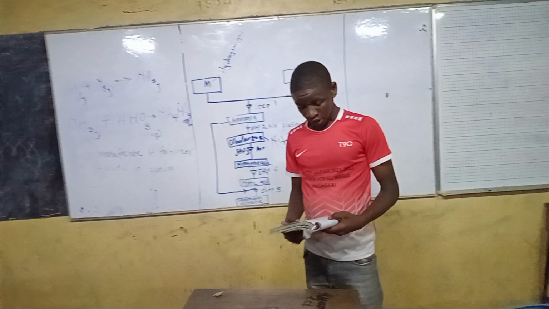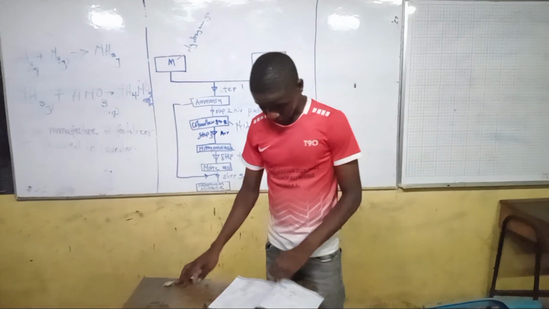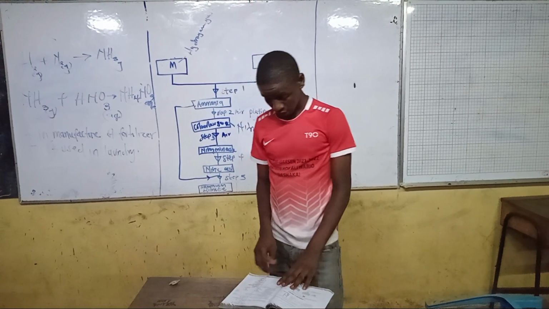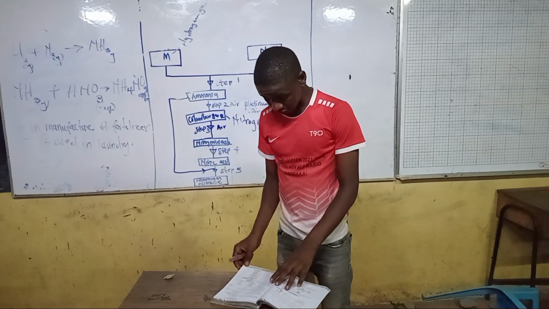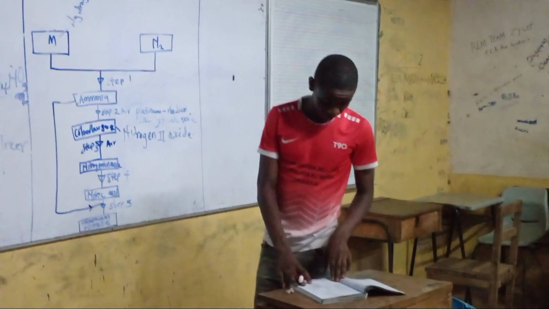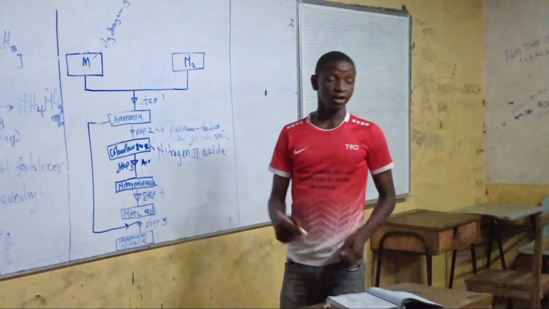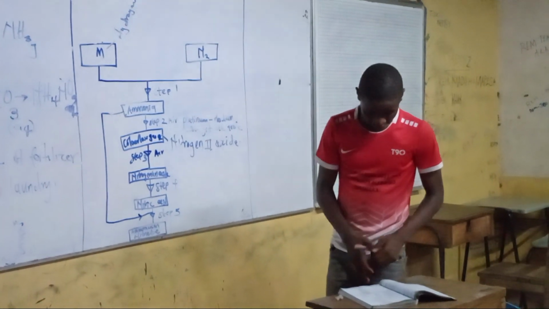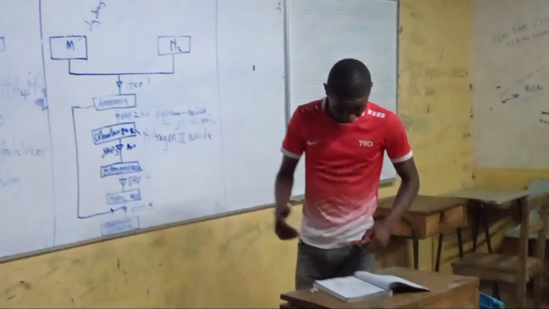Now, if a sample of sulfur is heated with concentrated nitric 5 acid, we know very well that concentrated nitric acid is an oxidizing agent. So, it will oxidize sulfur to form sulfuric 6 acid,